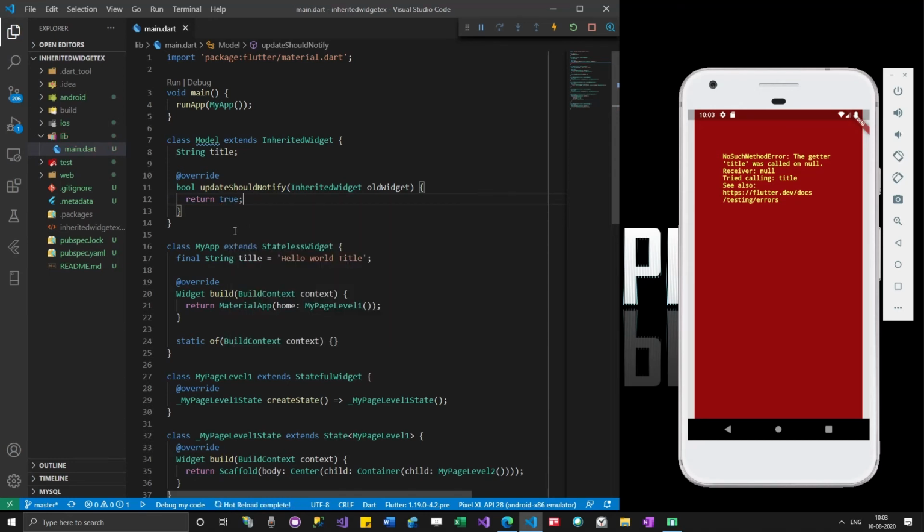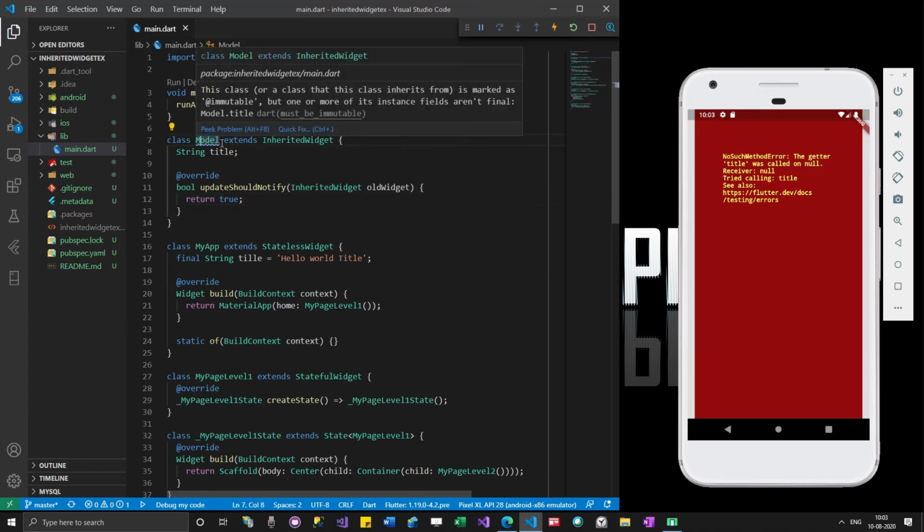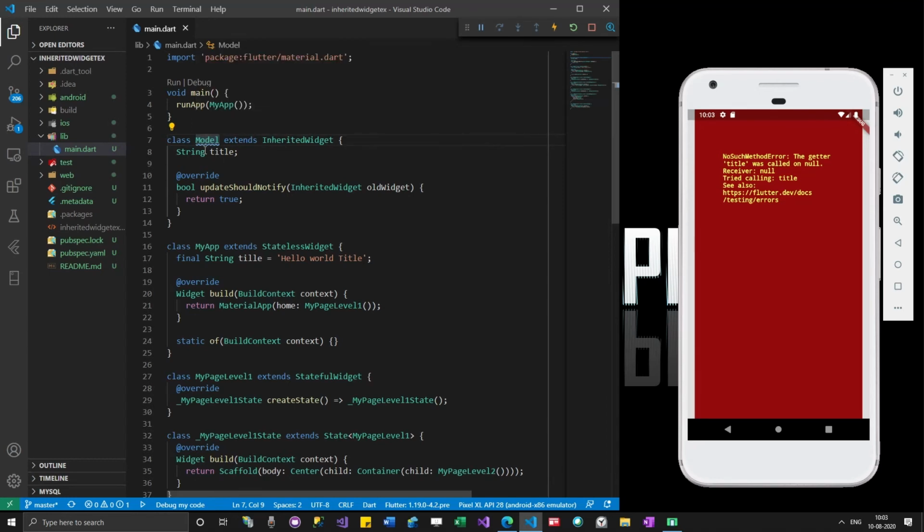The reason why I'm returning true is that it returns a bool value. So let it be true for now. As you write some advanced programs, you might pass something else over here, but for now this is fine. And then still an error is appearing over here. So let's see what it's saying. It says it must be immutable for this line. Okay, that's fine. So what I'm going to do is add some final over here,